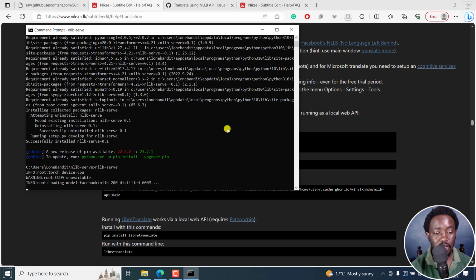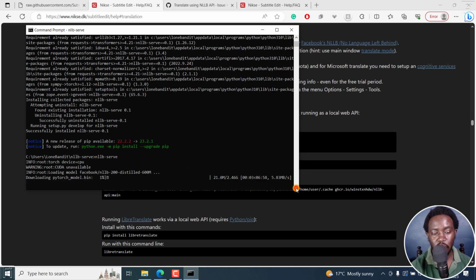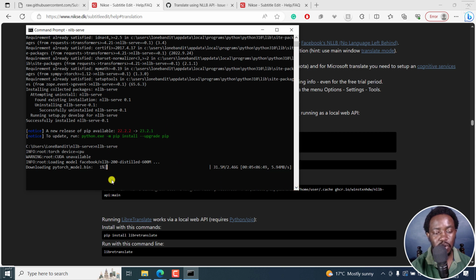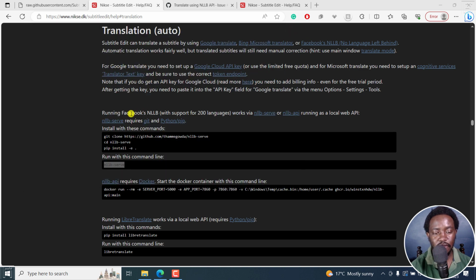So it's going to begin. It's a pretty huge one, and I cannot wait for it to finish, like 2 gig something, for the demonstration purposes of this video. So I'm not going to let it download the 2.46 gigabytes of this. It's going to take about 6 minutes. I'm not going to torture you with that. So that's Facebook's NLLB with support for over 200 languages, and that is how you install it in